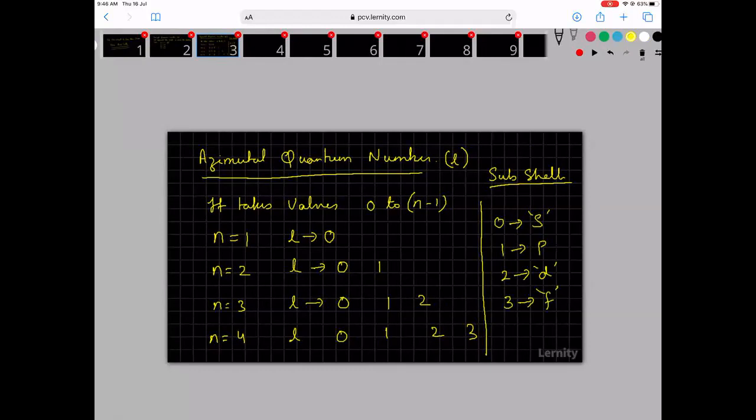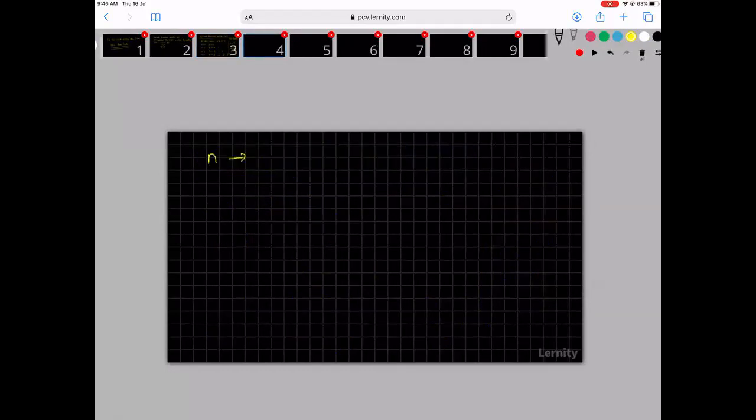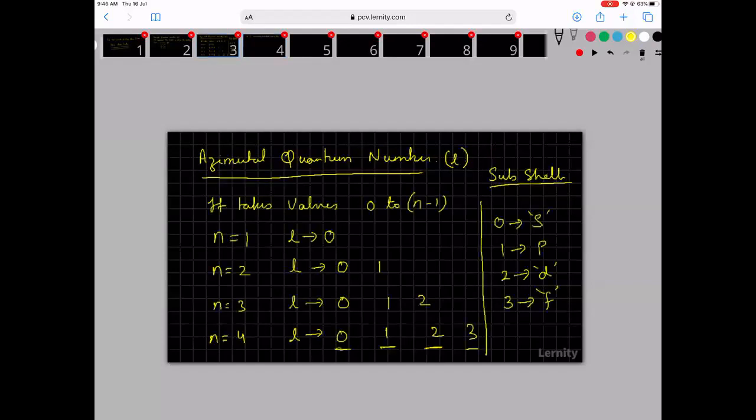So now in the fourth shell, there is an S subshell, a P subshell, a D subshell, and an F subshell. So if the principal quantum number is N, how many subshells will be there? That is also N. That's what we saw here. The 0 is not zero subshells, it is the number assigned to it. For what and all, we don't have to bother about it right now.